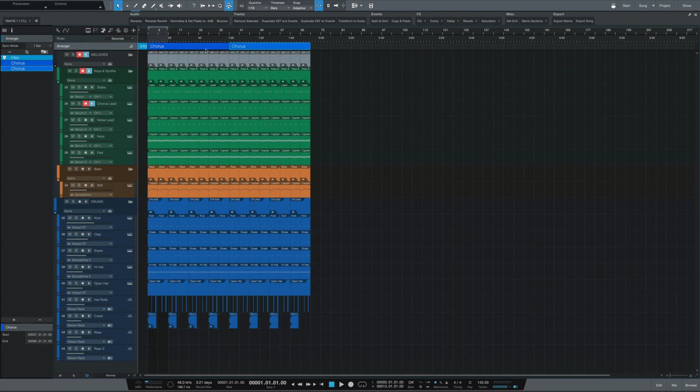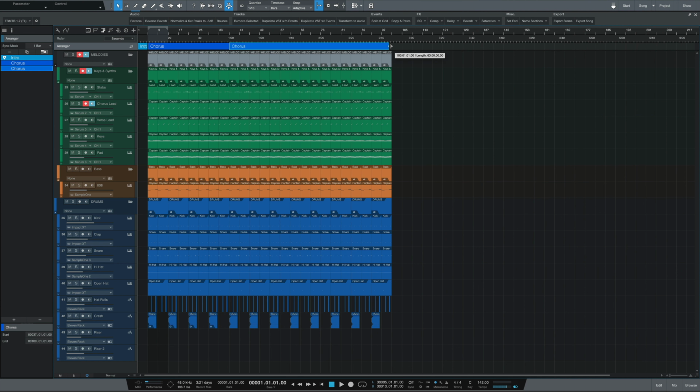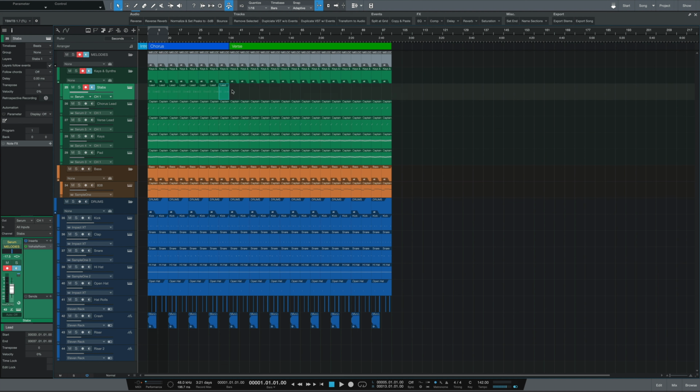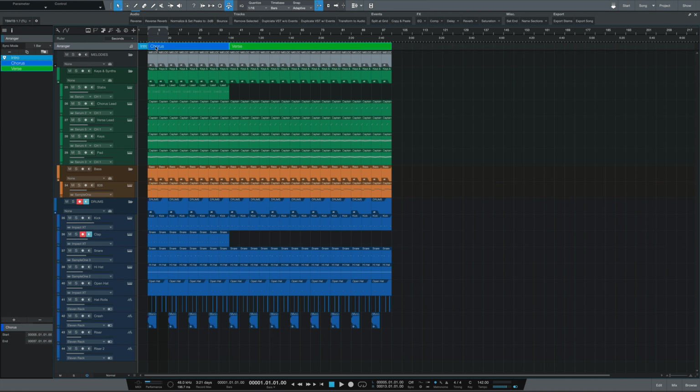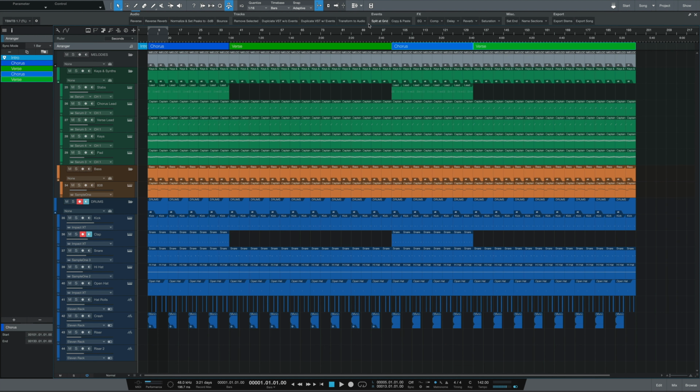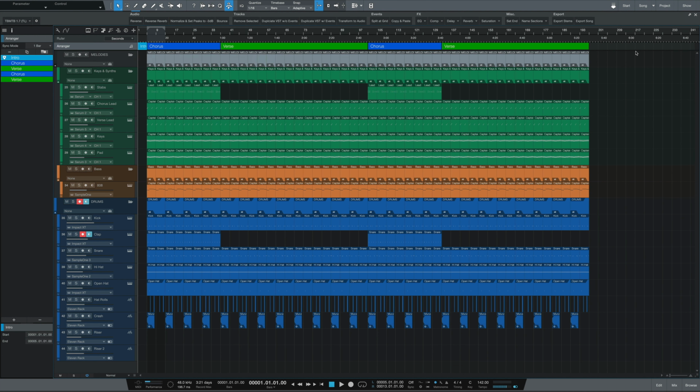Then I'm going to duplicate this again, but now we're going to call this a verse. Use my macro here to rename that. Maybe we also change the color. And let's say, from here I can start to strip things away to create the other parts. So maybe I don't want the stab here. Maybe I don't want the clap on this one. And you start to arrange your beat however you want to, and then just select both of these whenever you're ready. Shift D to duplicate again. Maybe you want a little bit of a breakdown that is similar to that intro,